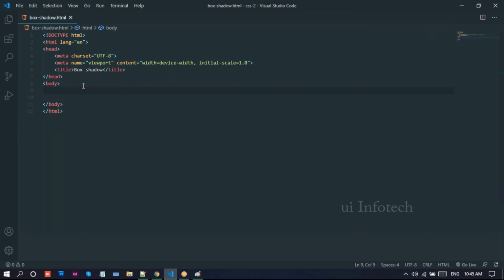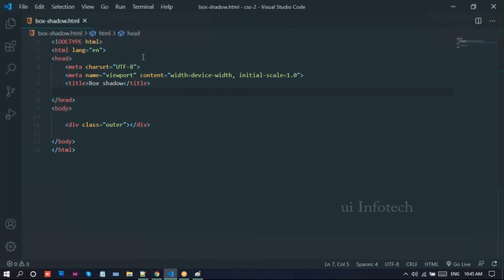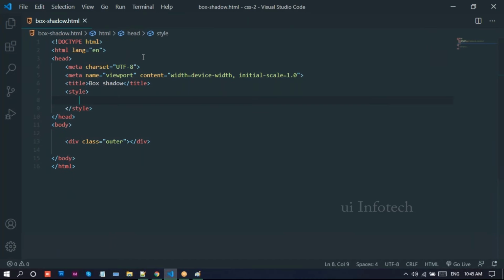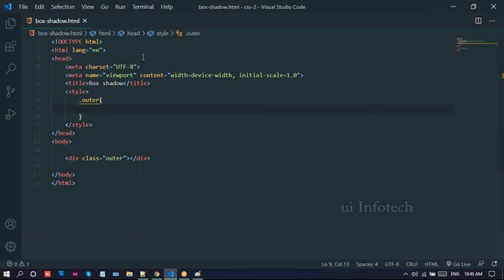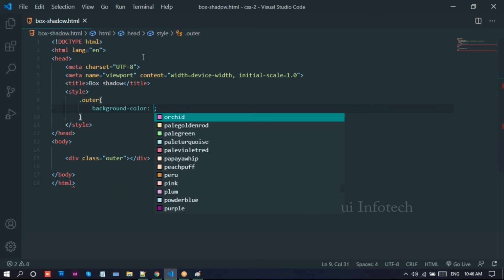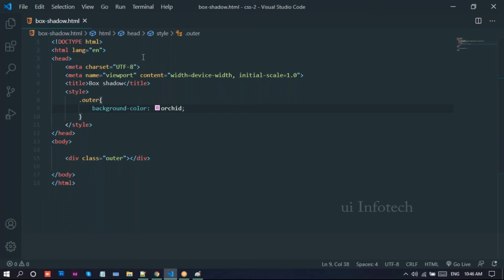For this box shadow, I'll take a div and provide a class name. For this div I'll provide a style tag. I'll take this outer, and inside of outer I'll provide background color first.